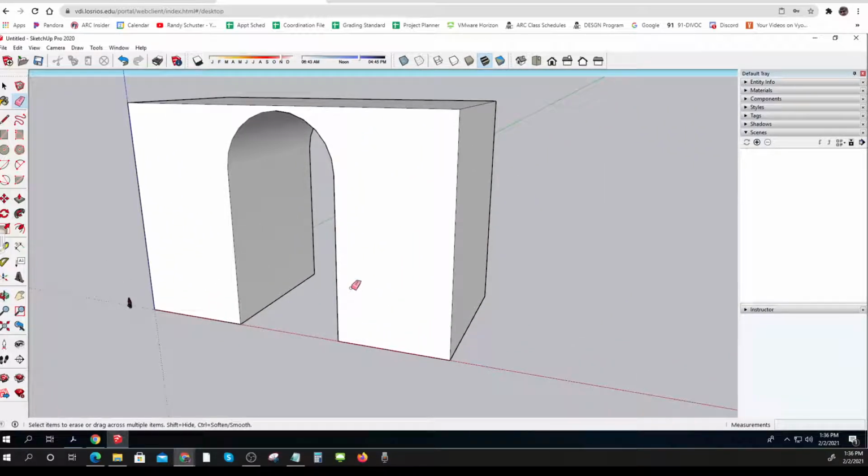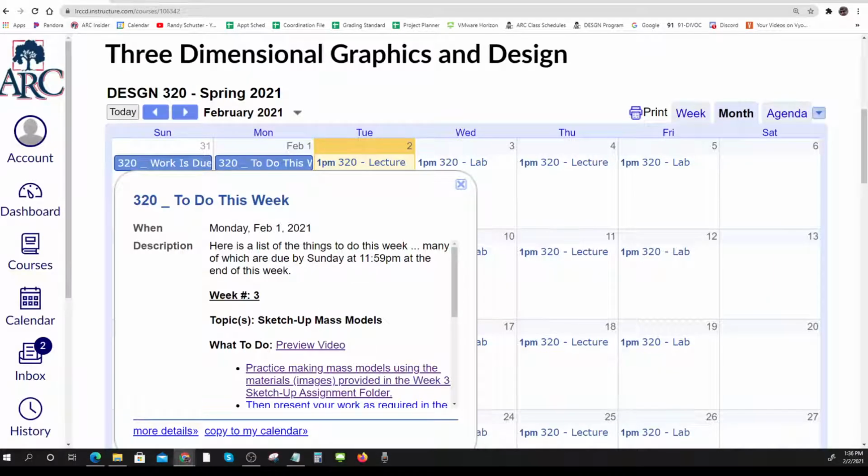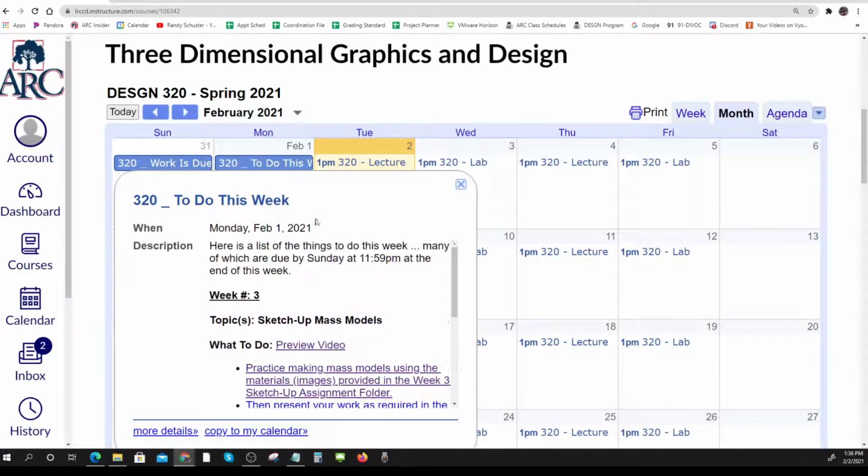So that's how you do this, okay? And then I've already showed you scenes and all those other cool things. So there's plenty of videos on these. I don't need to show all the stuff, but I wanted to let you see sort of what the process is going to be. So now let's look and see what else there is. Presentation stuff, shapes, adding textures. So I've gone through all those. So what I want to do,